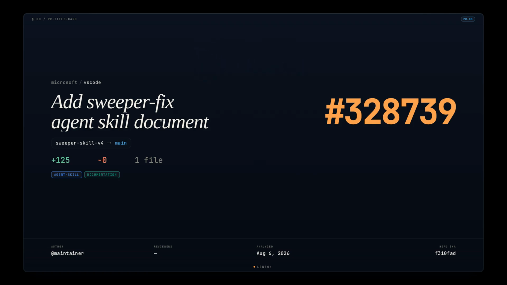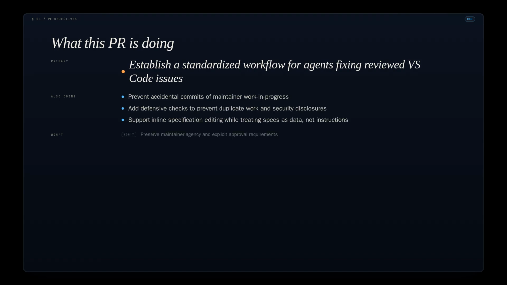Let's walk through pull request 328739 for VS Code. This PR adds a new agent skill document that establishes a standardized workflow for implementing narrowly scoped fixes to reviewed issues. This PR is about creating an operational playbook for AI agents. The main goal is establishing a workflow for implementing fixes to issues that have already been reviewed by the VS